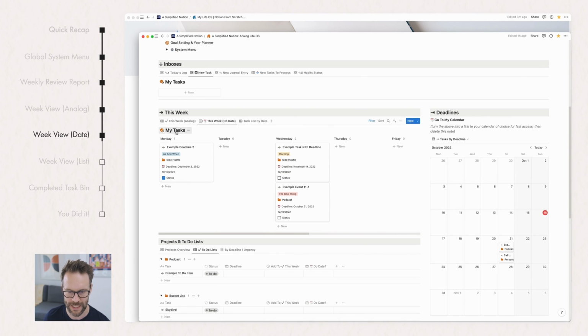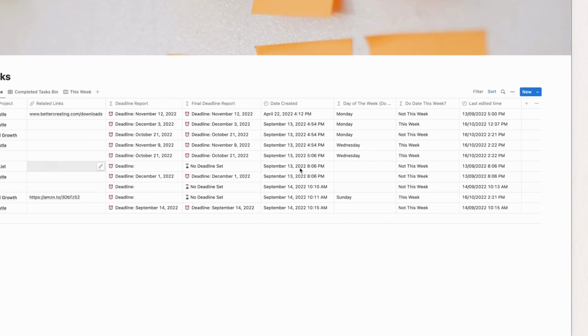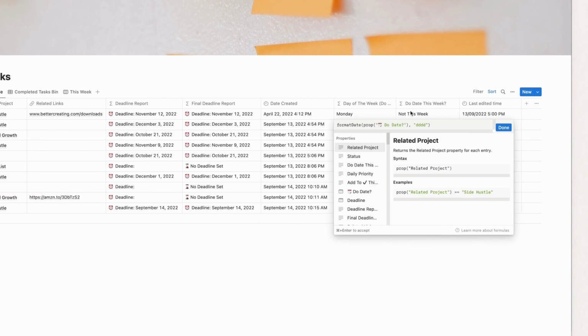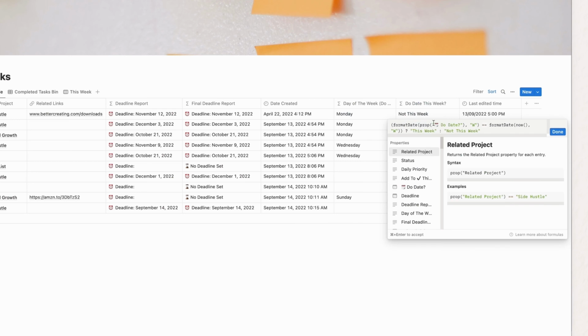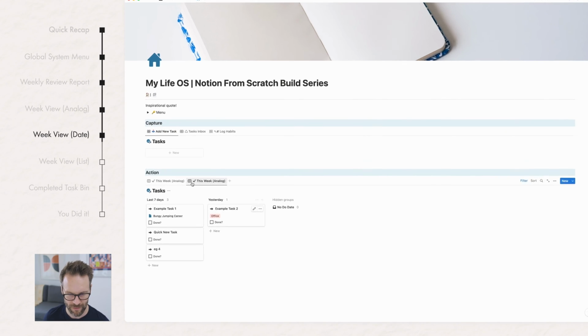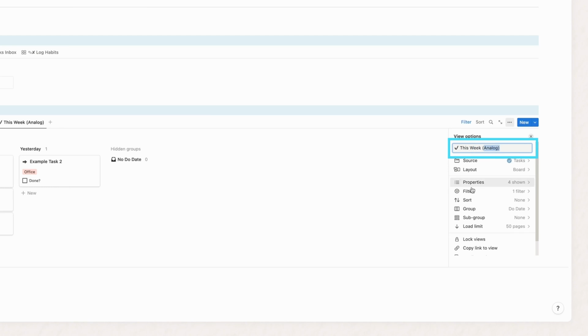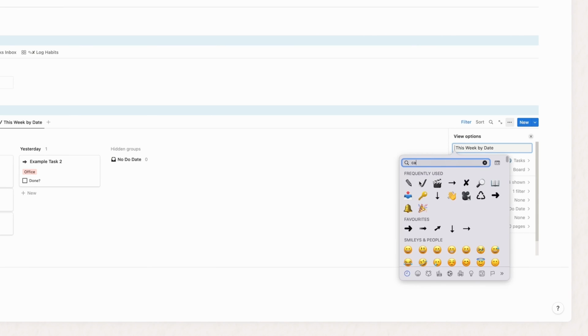If we go into my tasks, into the database, what you'll see is a number of things that we've created, which is a day of the week, which is a formula, and whether or not it is this day. So we're going to have to put those formulas in. Now to do that, first of all, let's rename our thing so we know what it is. This is going to be this week by date, and I would change the icon so it makes a bit more sense. If we do calendar,